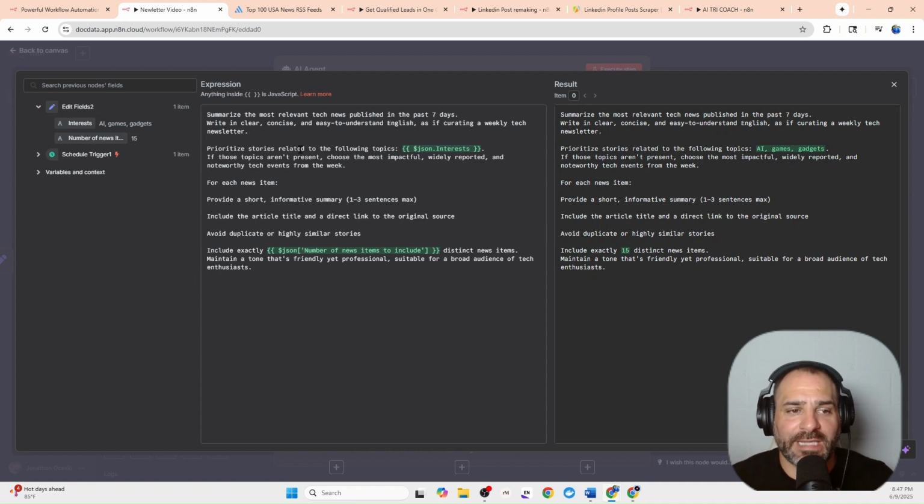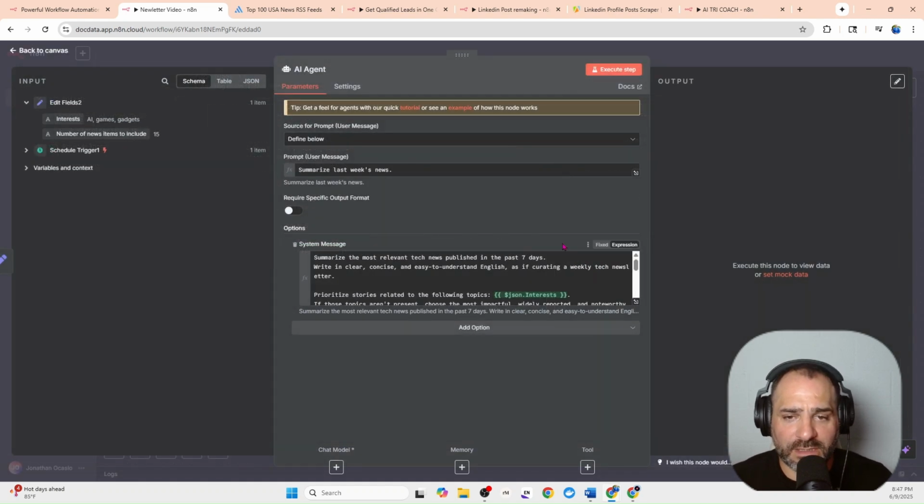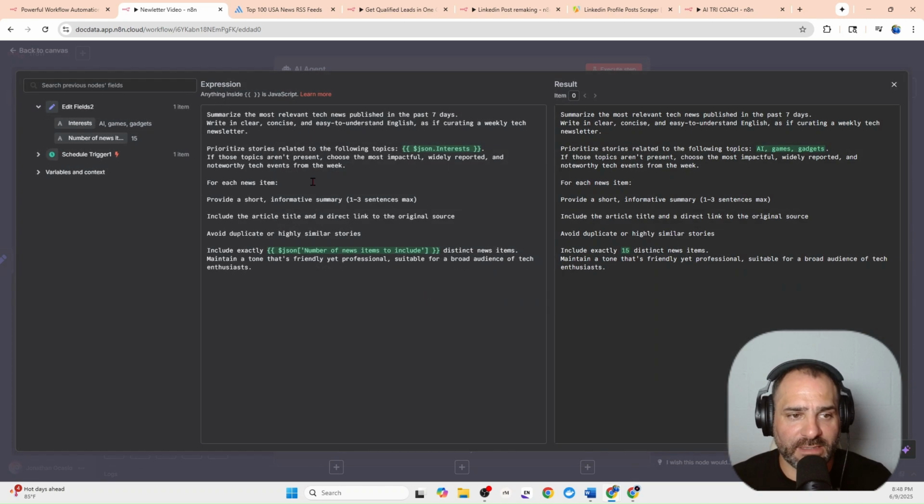Then all you have to do is copy and paste it from ChatGPT and put it in. What this is going to do is write the newsletter. So basically it says summarize the most relevant tech news published in the last 7 days. Write it clear, concise, and easy to understand in English, as if it's curating a weekly tech newsletter. Prioritize stories related to the following topics, which comes from our edit node. And then it says, if those topics aren't present, choose the most impactful, widely reported, and newsworthy tech events from